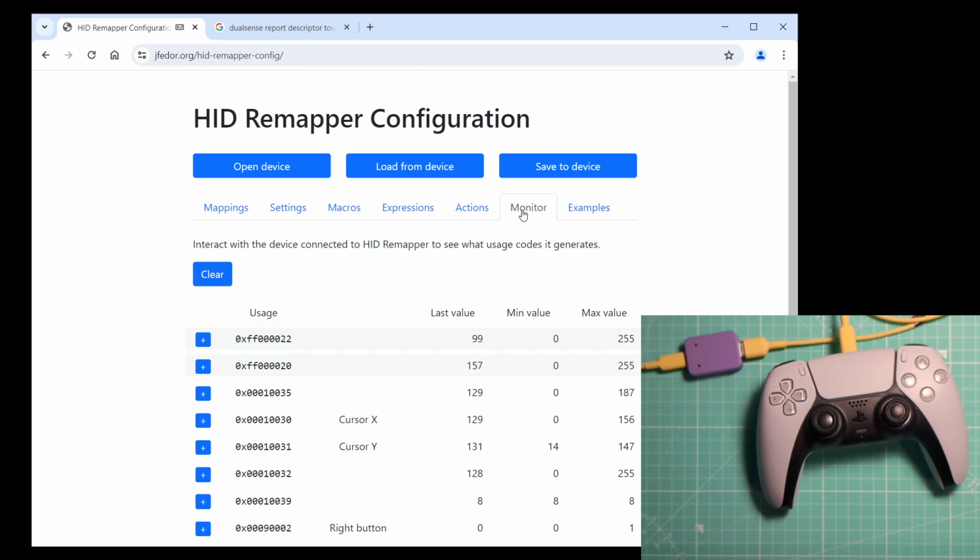There's this thing called HID report descriptor that every USB input device has, and it says which bit means what. It says where to find the current state of every button and every axis in the bits that it's sending to the computer. Back to the DualSense.